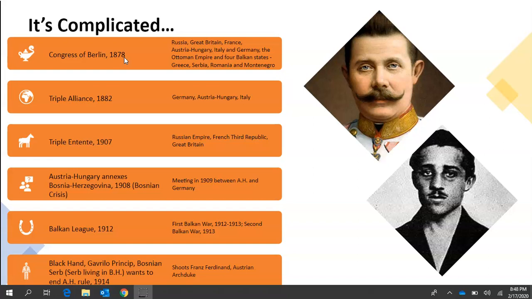So, as we know, the Ottoman Empire is starting to fall apart a long, long time ago, but it's crumbling over the years. And we talked about the Young Turks in the Ottoman Empire, and they're revolting. So the foreign minister of Austria-Hungary sees this as his chance to take over officially over Bosnia-Herzegovina. So when they do, this will make the Slavs very angry.